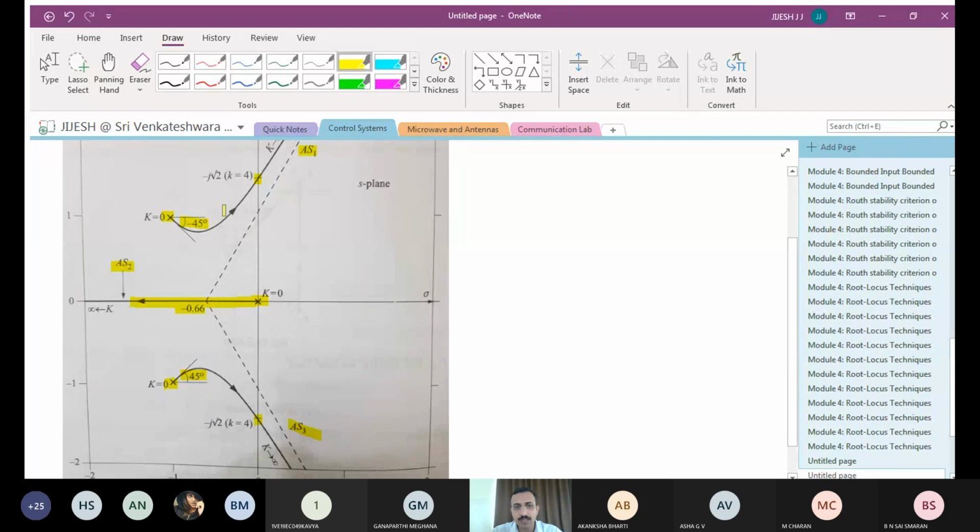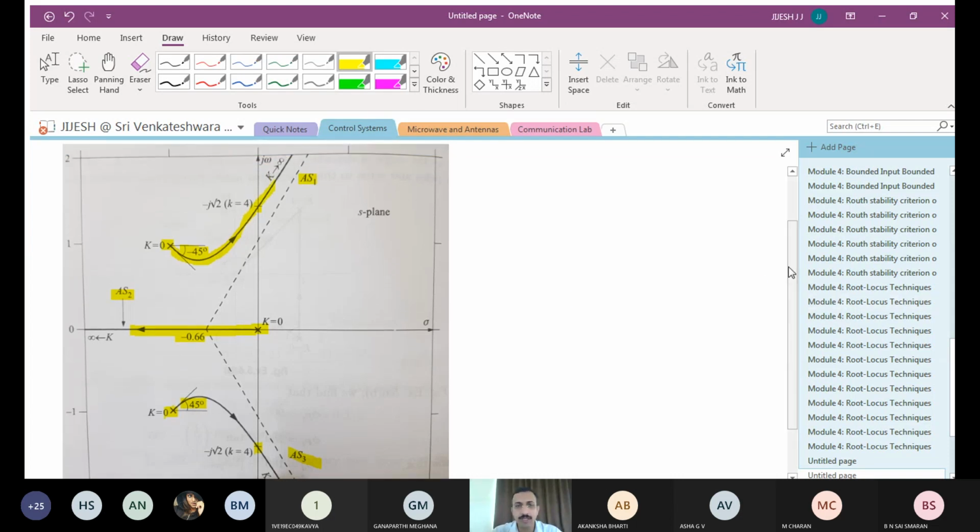And this root locus has to pass through this point, that is root 2j, and this will be going parallel to the asymptotes. So that is very important, and as we have told, this root locus will meet the asymptotes at infinity. So that is how you have to go ahead with that.